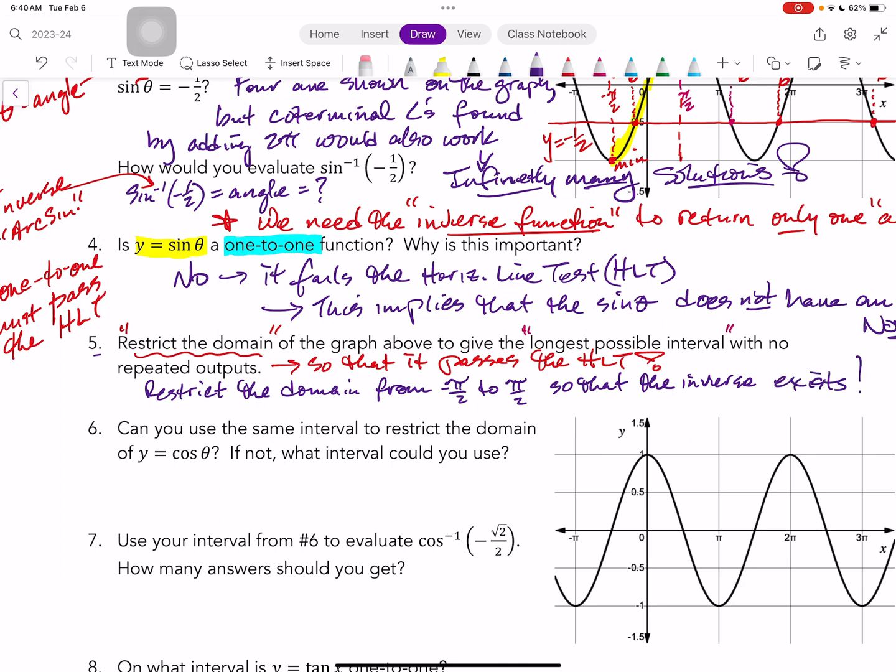Okay, so let's go to red now. The sine function right now is 1 to 1. So now I'm going to be specific. It is 1 to 1, which means it passes the horizontal line test, on the interval from negative pi halves to pi halves. So now sine inverse exists, and now we can take the inverse sine